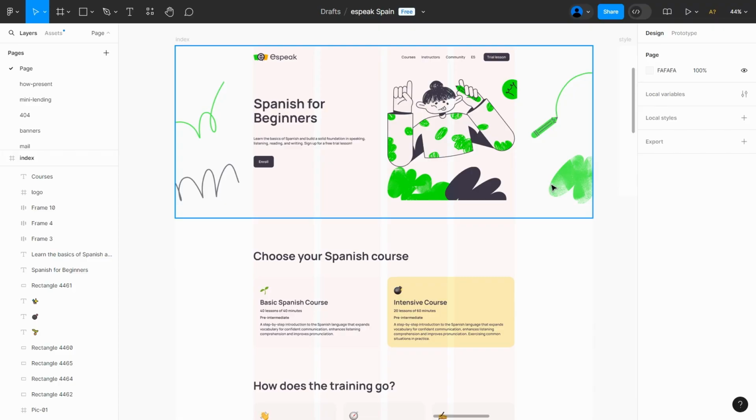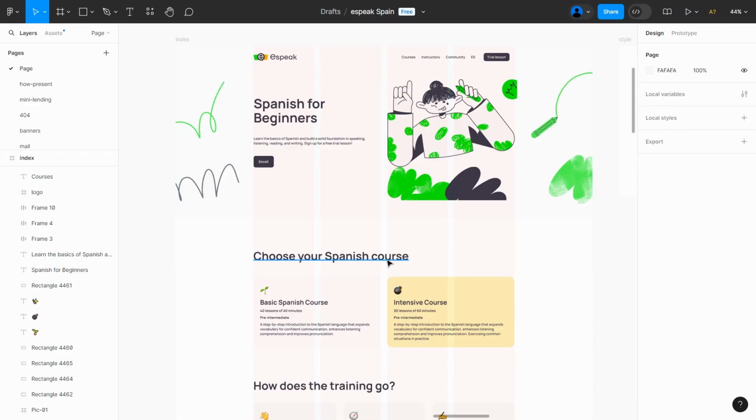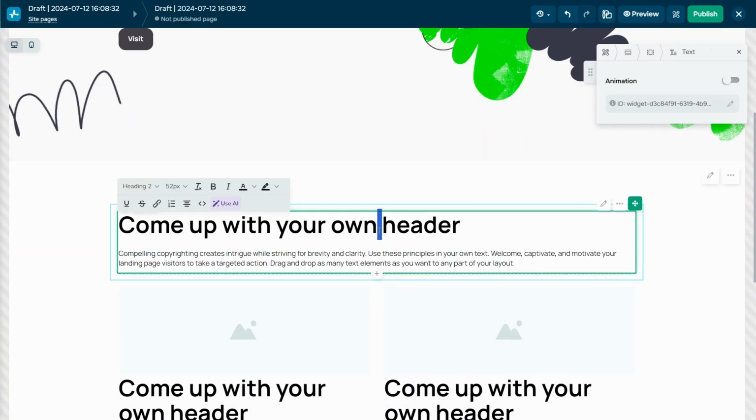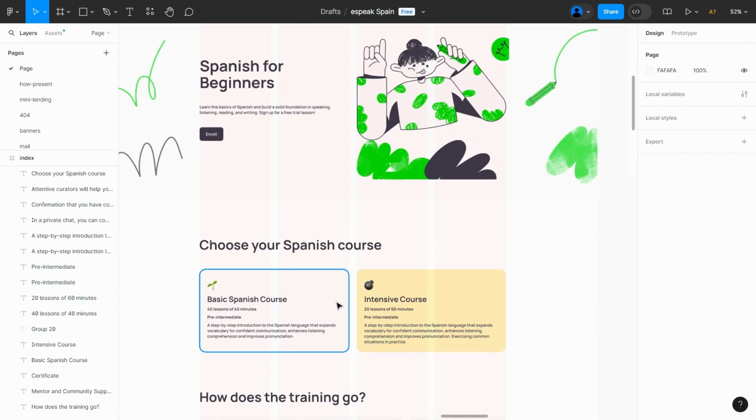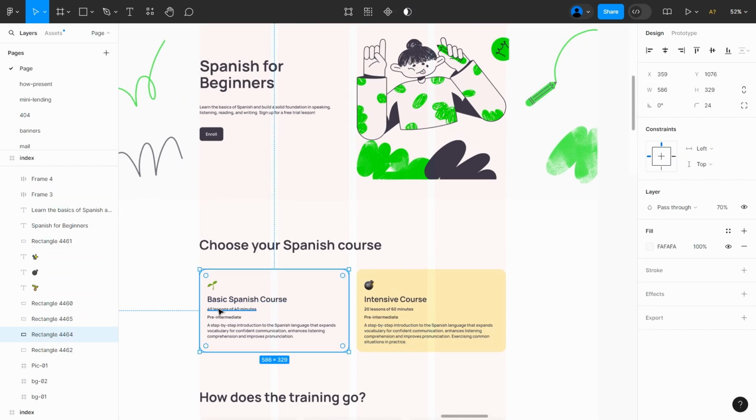Let's now bring our next landing page block from Figma into the SendPulse builder, following our design layout. Copy your title into the corresponding block, removing any extra placeholder text. Now let's set up a course card. First, add an image, then the title, and finally the description. Since this card has a background color, copy the color code from Figma. Also, add rounded corners to your card.